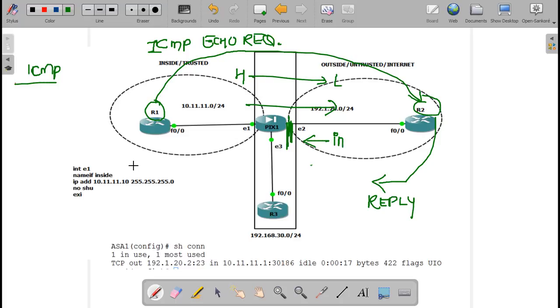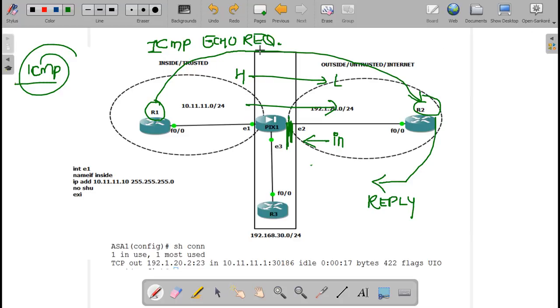Actually, the inspection method is better. Reason being, in this case you can ping outside and get an echo reply back, but from the internet nobody will be able to ping you. But if you apply an ACL, in that case anybody can ping you. I'll show you both, just check.